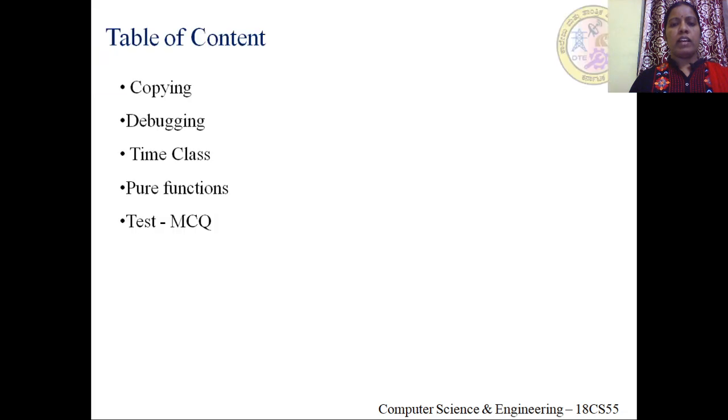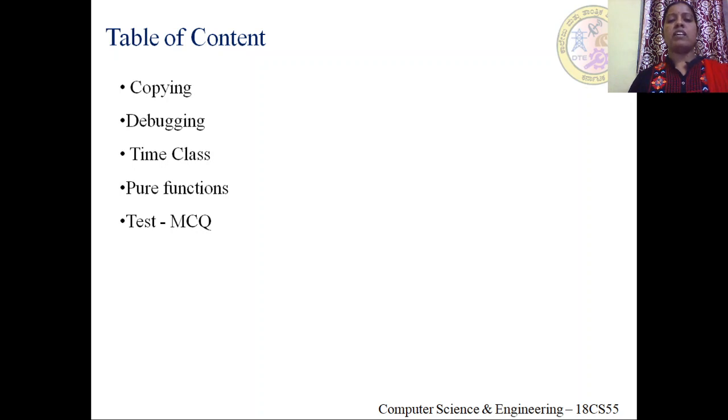So let's quickly go through what we are going to cover in today's session. We are going to check copying, how we copy one object to another object, and what happens when we do a copying. Then we'll see some of the errors that might occur in a Python program and how we debug them. We'll take up one class, the time class, and introduce classes and functions.